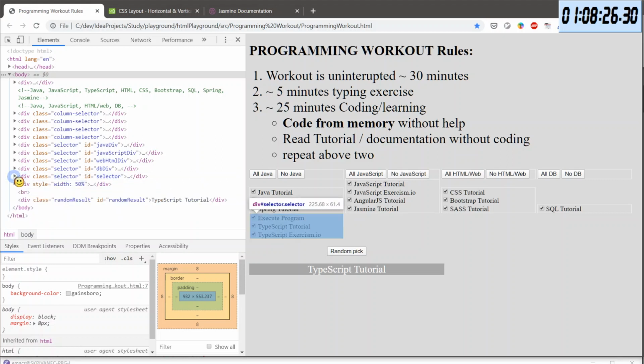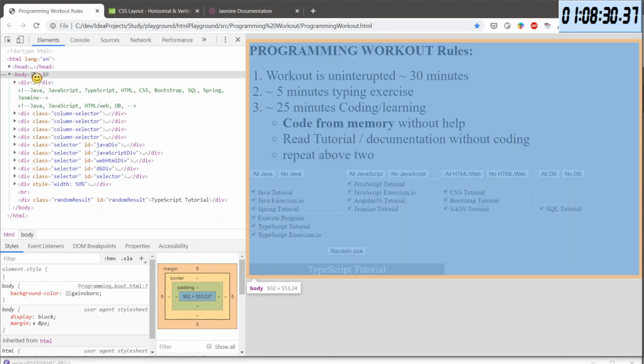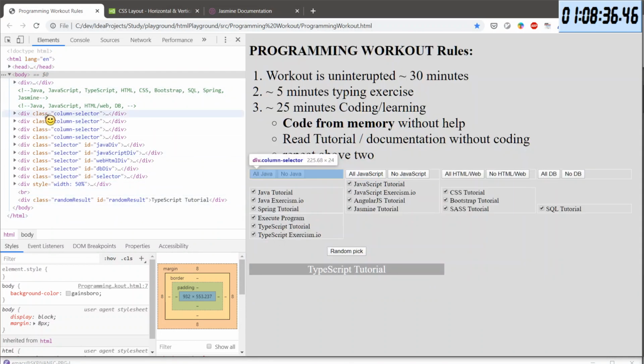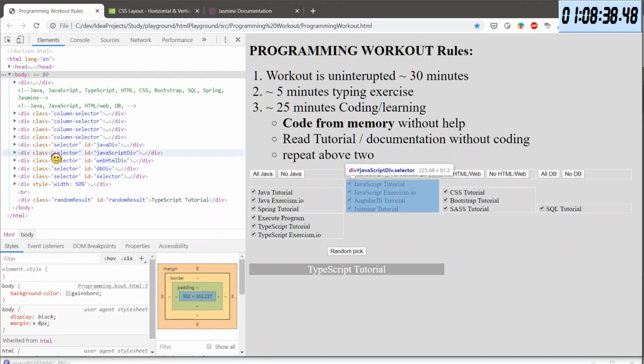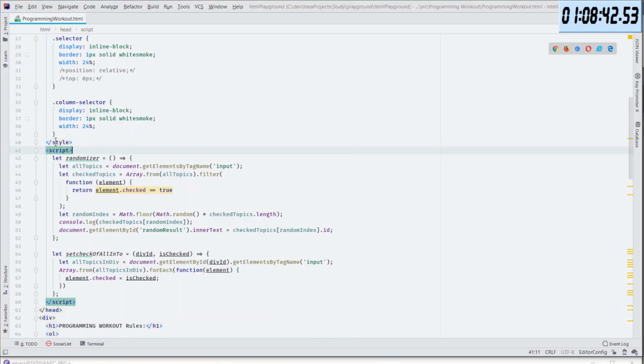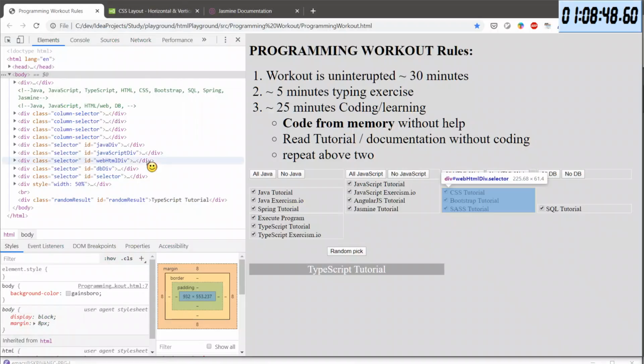And what I'm hoping for is that I can select it deeply. So if I say body, or the document, it will select everything. It will go into every child and look inside of it and select it. So let's see if that works or not, by just omitting that part.